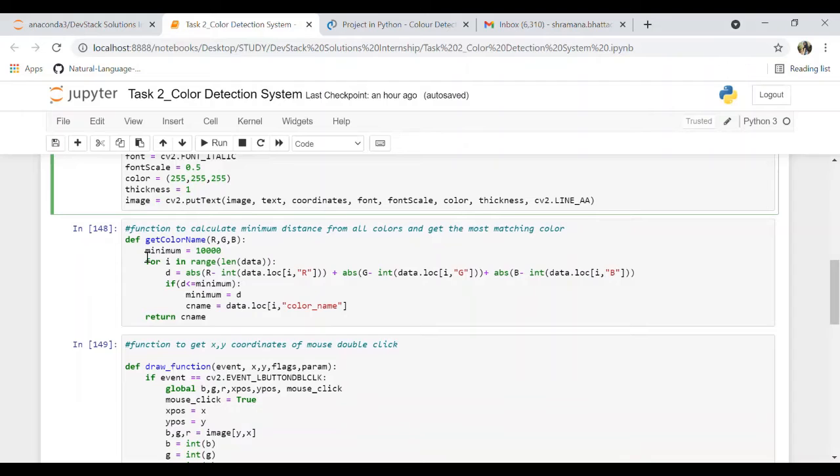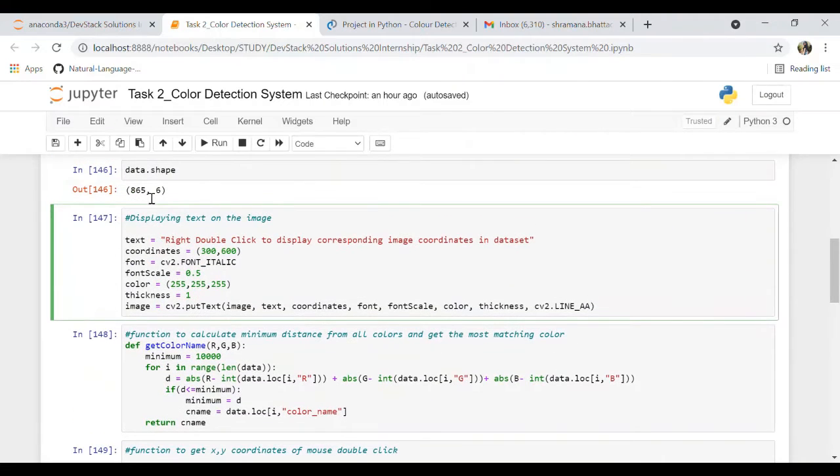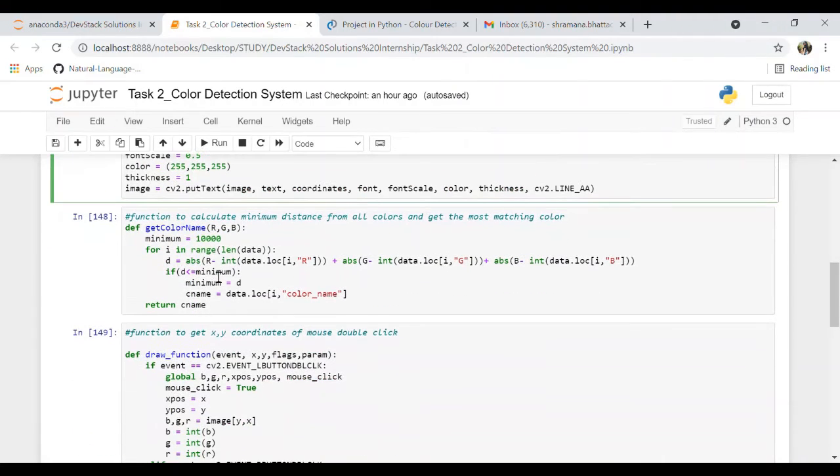Next, we'll move on to the function that we have defined. It is a get color name function. What this particular function does, it calculates a minimum distance from all the colors. As you can see, it's going from for i in range of length of the data. So it will go from 0 to 864 index, and it will calculate the d value, and the one which will give us the minimum, so that is why it's calculating the minimum value of d.